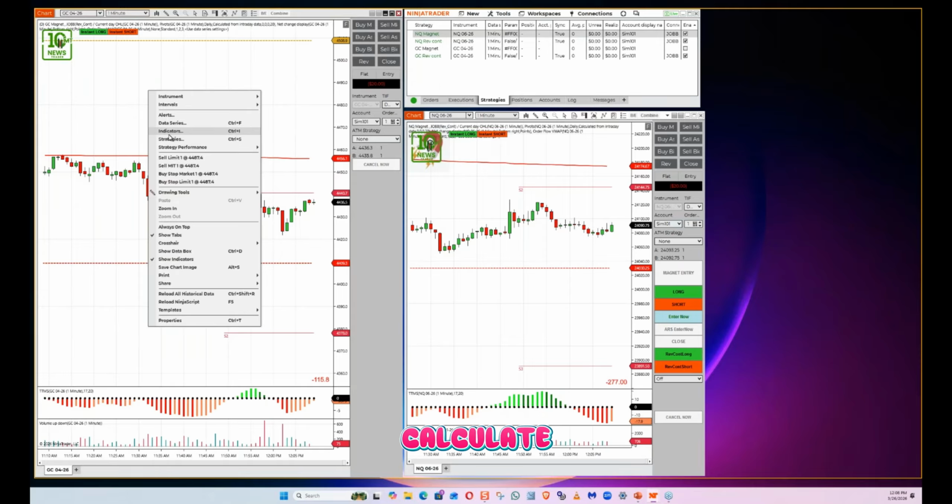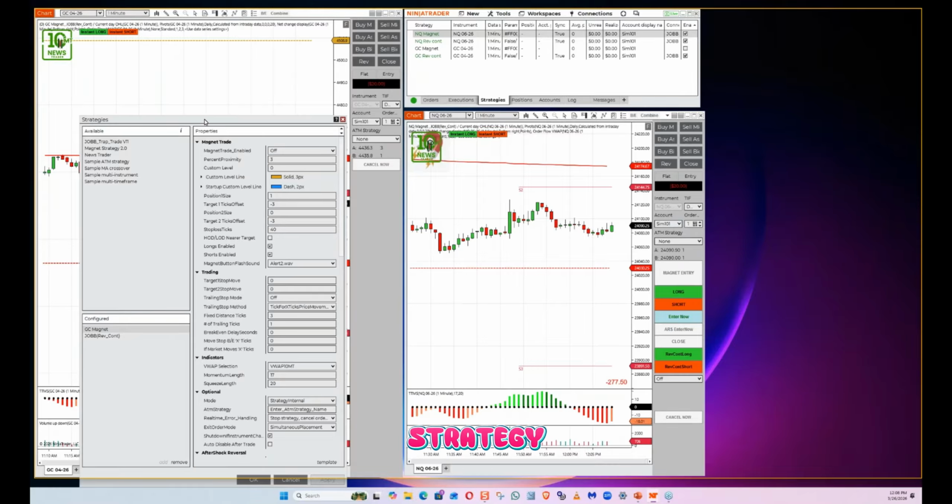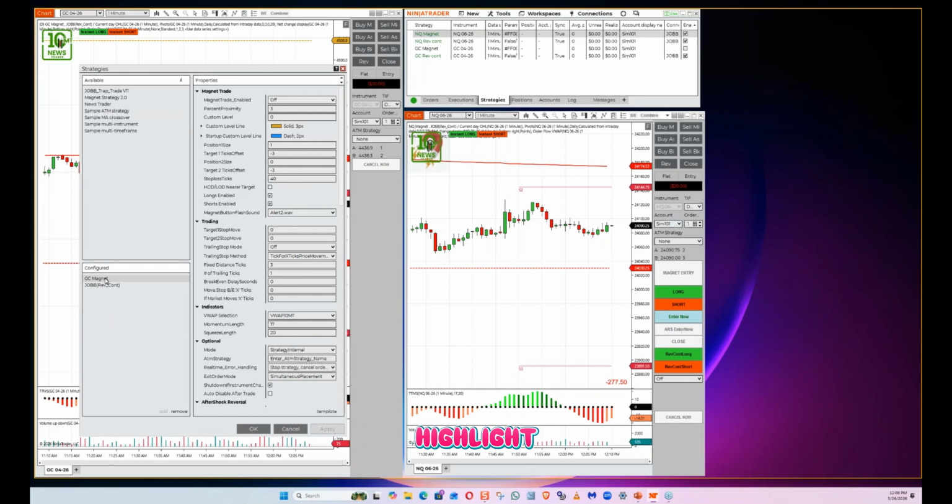They calculate the same. The levels are the same, but it is different if you're not lifetime. So when you turn on your strategy and you highlight Magnet, if you notice, the VWAP selection under indicators is either going to be order flow VWAP or the VWAP 10MT, our 10-minute trade VWAP. So if you don't have a VWAP and you're not a lifetime user, just make sure it's configured for VWAP